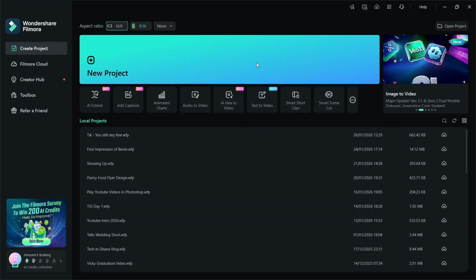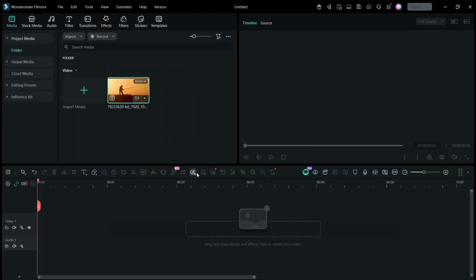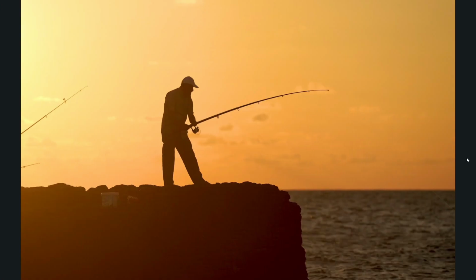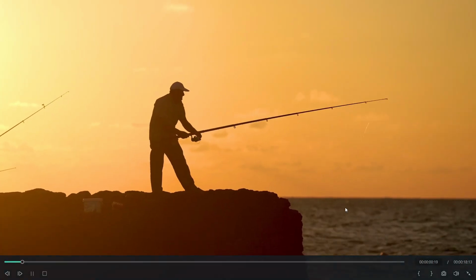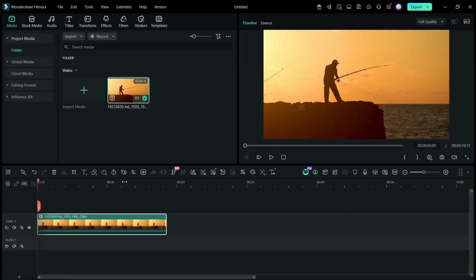We're going to create a new project, so you click on the new project. The first thing you need to do is import your video. So you go to import and then you can bring in your videos. Now you are going to drag it onto the timeline and you can play it back and see how it looks like. So there is a bit of noise on the video,